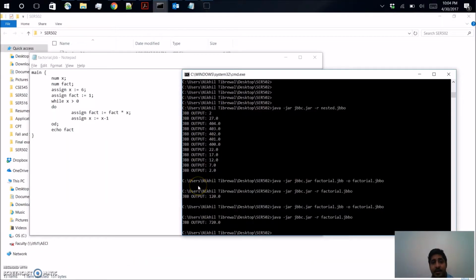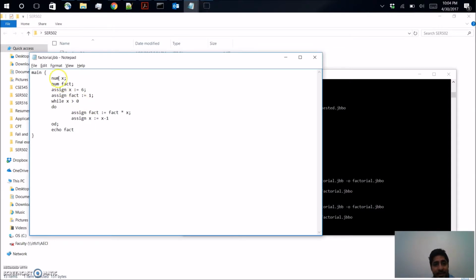Now I'll be walking you through the factorial program, which demonstrates the use of the while construct and how our high-level program handles it. So this is a factorial program. These are the declarations, and we assign a value of 6 to x. This is the while construct, which will run for at least 6 times, and each time it runs, it will